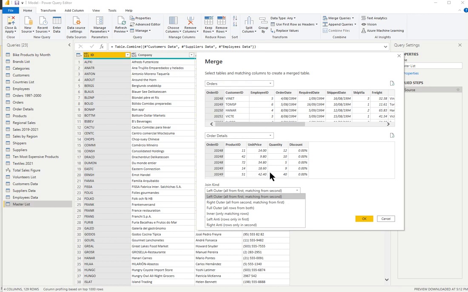Whereas if you went for a right join or right outer, you would actually be saying give me everything from the order details and only the information from orders if there was something. Yeah, so your join types are quite important. If you want an inner join, you'd be saying only give me those that matched between the two tables. I'm sticking with a left outer because that is probably the most common in a one-to-many relationship,